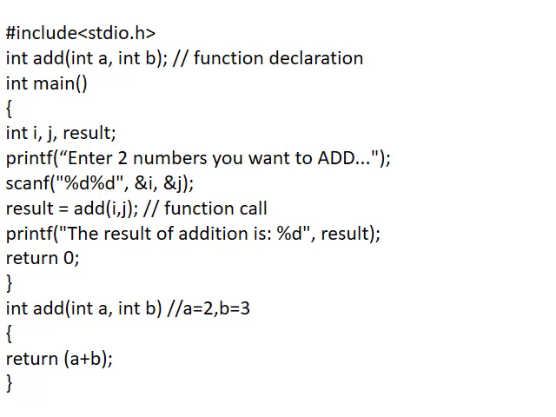So next we have the calling of the function, that is what we have done here, like add i comma j. With the name and the arguments we can call the function. Then we have the function definition here, int add int a comma int b, then return a plus b. So the definition of the function consists of the body of the function. Now since this function is written outside the main function, I have declared it in the global section.